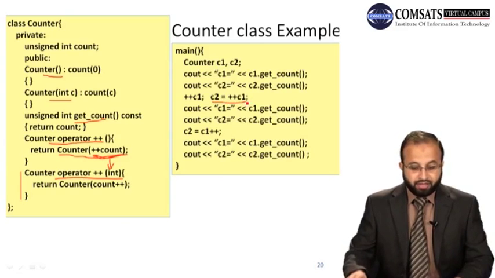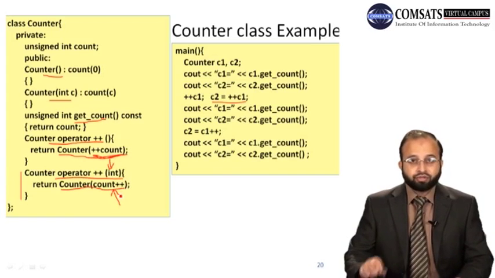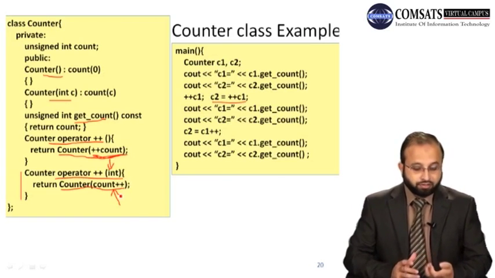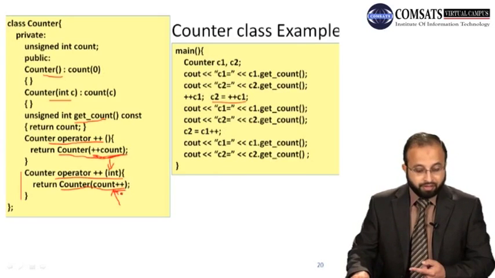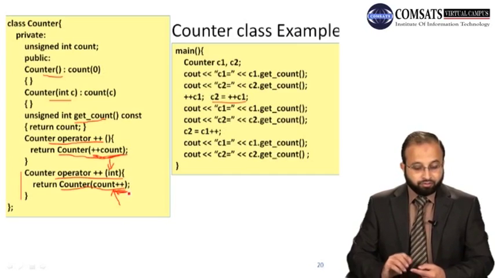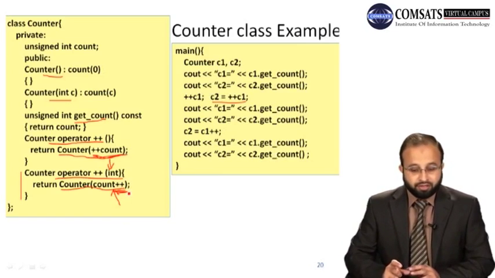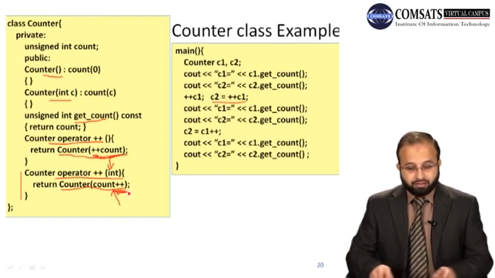अब जब पोस्ट इंक्रीमेंट ऑपरेटर होगा उसमें क्या किया जा रहा है कि कंस्ट्रक्टर को कॉल तो किया जा रहा है, बट काउंटर को यहाँ पर, जो काउंटर एक अनसाइंड इंट है, उसमें जो आप इंक्रीमेंट कर रहे हैं दैट इज द पोस्ट इंक्रीमेंट, और पोस्ट इंक्रीमेंट जब भी इंटीजर वैल्यू में होगा दैट विल बी परफॉर्म एट द एंड। सो फर्स्ट द फंक्शन इज कॉल्ड, कंस्ट्रक्टर कॉल हो जाएगा विद द करंट वैल्यू ऑफ काउंटर। काउंटर की वैल्यू इंक्रीमेंट नहीं होगी इस केस में, ठीक है। सो काउंटर की प्रीवियस वैल्यू से कंस्ट्रक्टर कॉल होगा, नेमलेस ऑब्जेक्ट बन जाएगा, देन द वैल्यू ऑफ द काउंटर विल बी इंक्रीमेंटेड, ठीक है, और वो जो नेमलेस ऑब्जेक्ट है वो रिटर्न हो जाएगा, राइट।